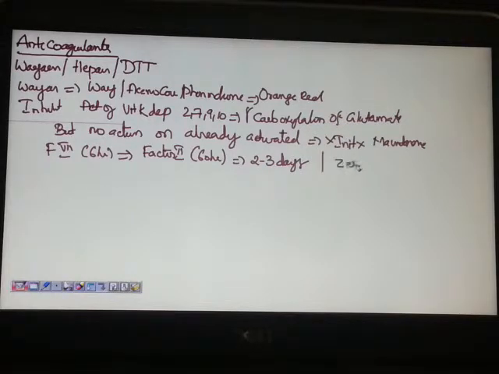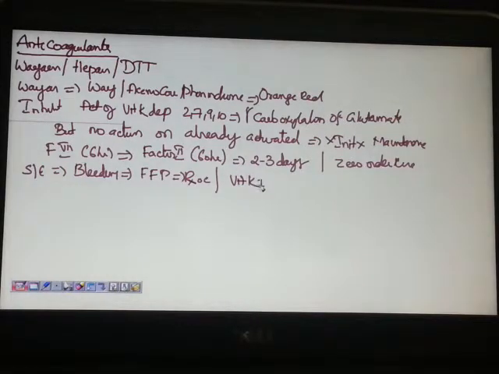Warfarin can follow zero order kinetics and its side effects are bleeding. Whenever there is bleeding due to warfarin, it is better to give fresh frozen plasma. So this will be the treatment of choice, whereas the specific treatment, the antidote, will be vitamin K. It will also cause a fetal warfarin syndrome, also called Conradi syndrome. That's why it should not be given in pregnancy.